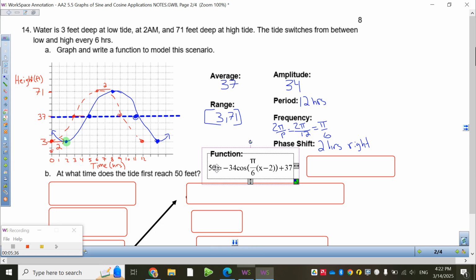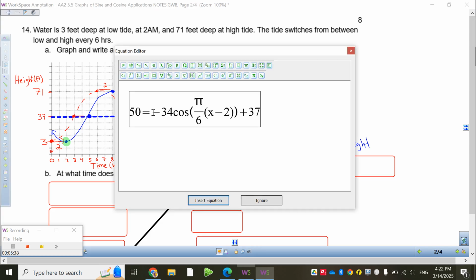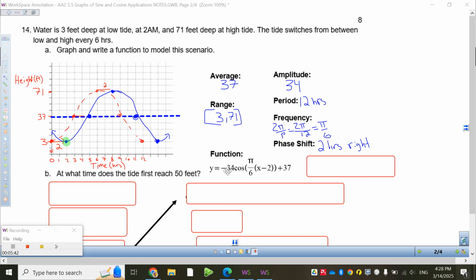And our function here should be that y is equal to negative 34, because we're starting at the bottom for our graph, cosine. We've got our average value over here, 37. We've got our phase shift of 2, which is right here, and we've got our frequency of pi over 6, which is right here. Okay, so we've got our 4 important values, and this indicates that our graph got moved over to the right 2 units from our normal cosine graph,